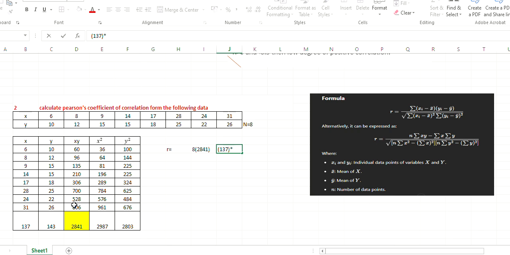So what is summation y? Summation y is this. Summation y is 143, into 143, right? Done. So what is the next one? Divided by